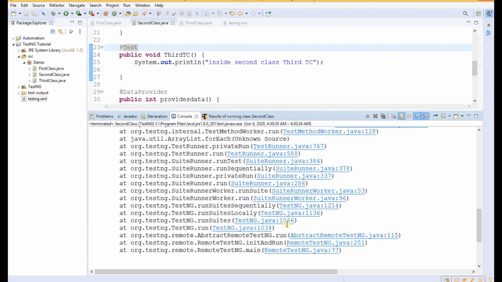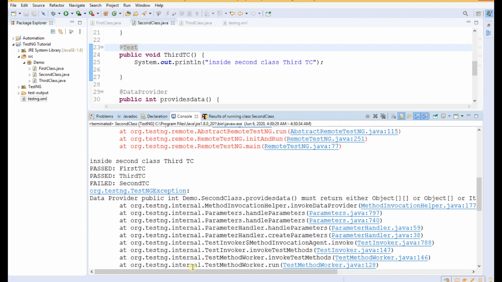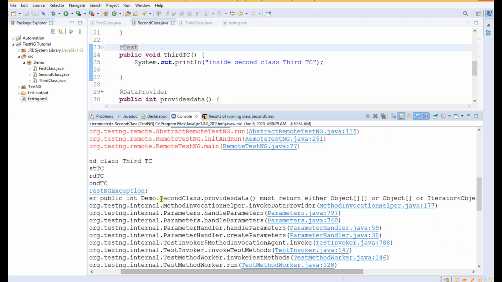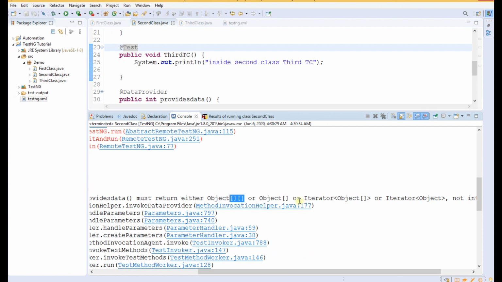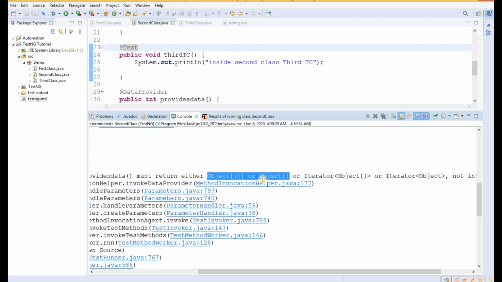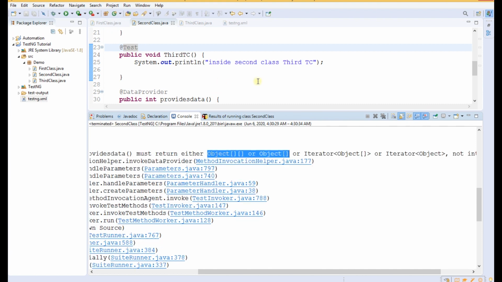As I said, there is an exception, and it says second class dot providesData must return either Object multi-dimensional or Object single dimensional. So we have to use only these two as the return type for our data provider function. If we use any other return type such as int or string, then it will throw an error like this.